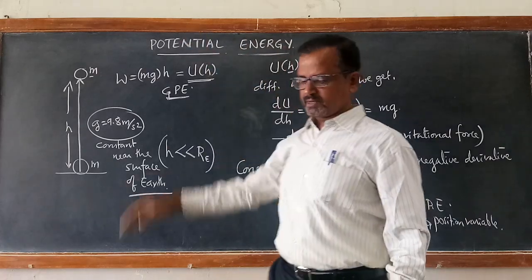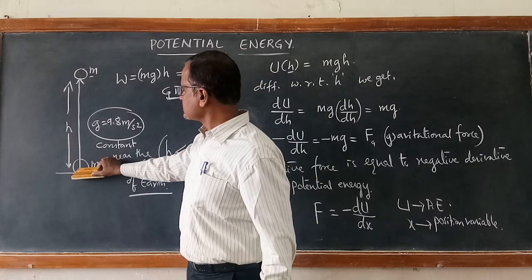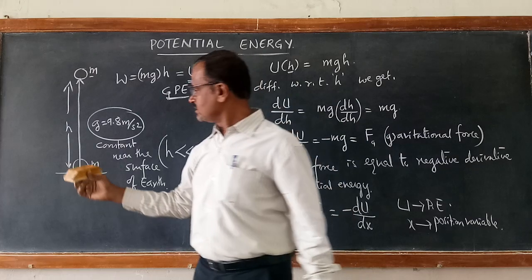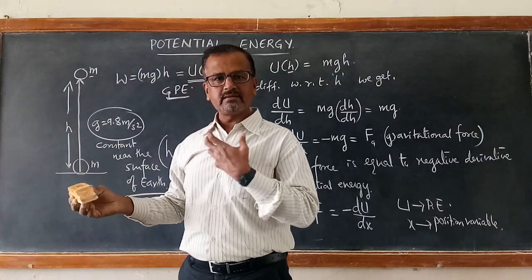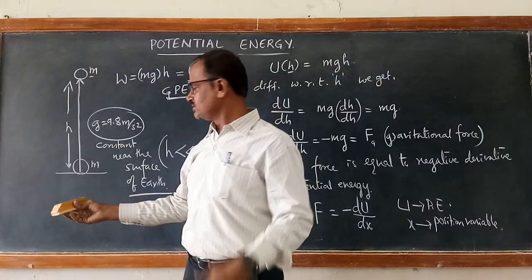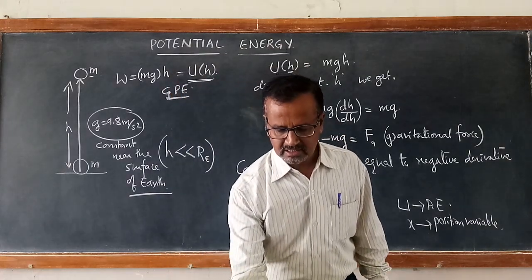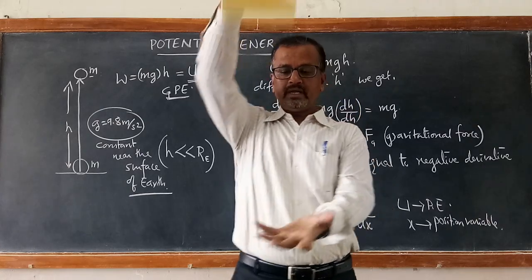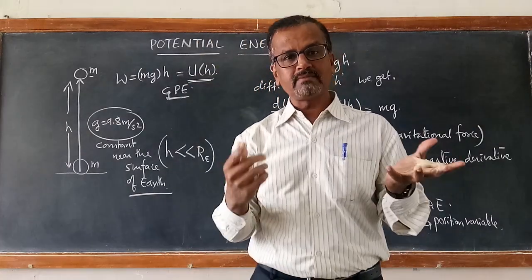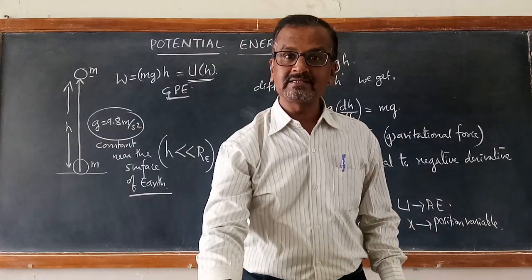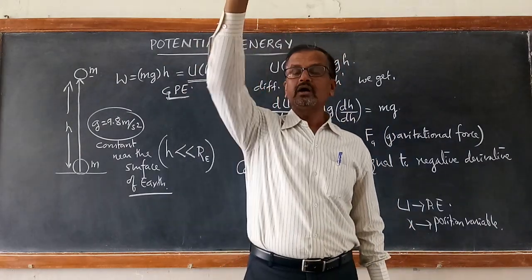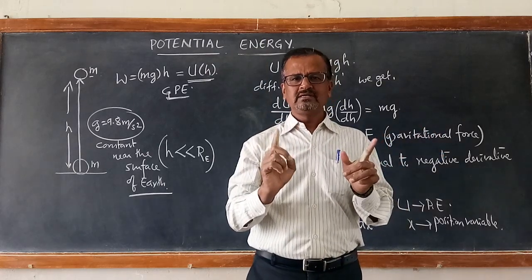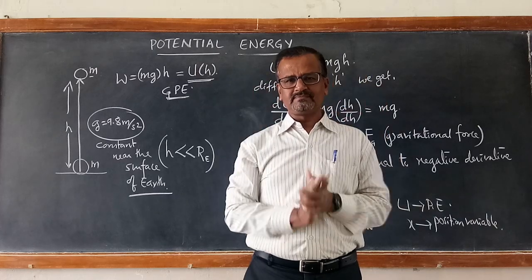And work done in the closed path. For example, when you take it from this height to this height and when you release it, the work is done by gravity. When I am raising it, work is done by me. That is plus W. If I am raising it from the table surface to a certain height, I am doing the work. So it becomes plus W. When I leave it, it becomes minus W. So work done in this closed path. Can you get the point? Work done in this closed path is 0. So a conservative force is that force for which the work done in the closed path is 0.